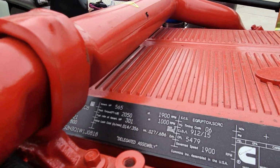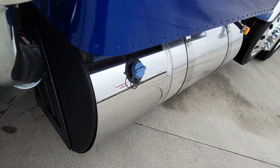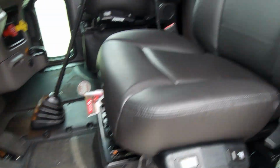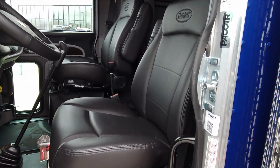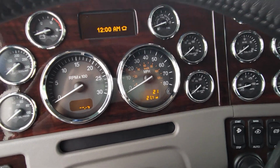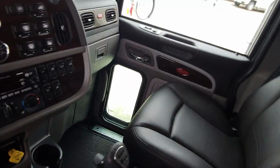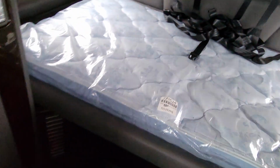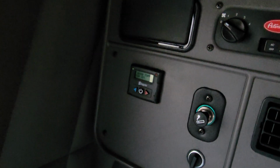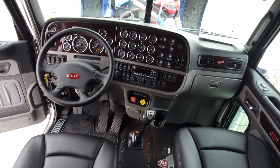Front disc brakes, 565, 2050 torque. Did the mid-back seats from the factory, I like to do. Full gauge package, 18 speed. Platinum interior, the full cabinet package, fridge, bunk heater, a real nice